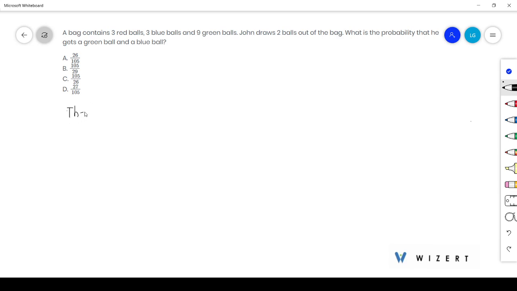Here, firstly, the total number of balls are 3 plus 3 plus 9. It means there are 15 total number of balls. Okay. Let S be the sample space